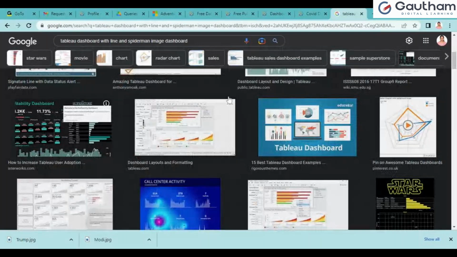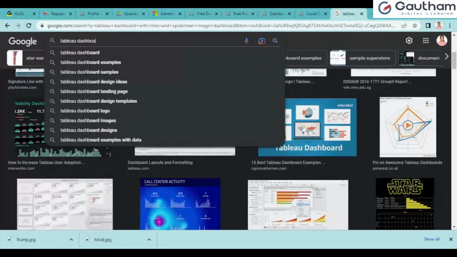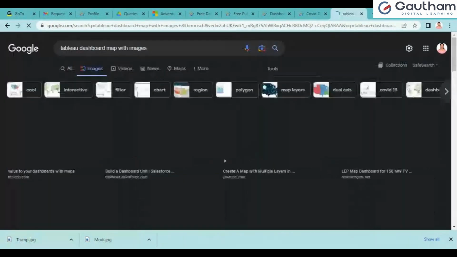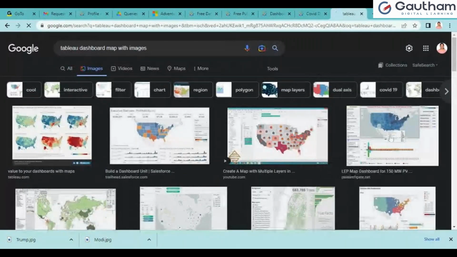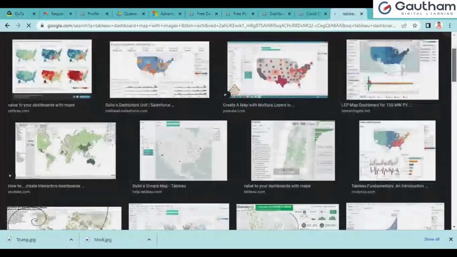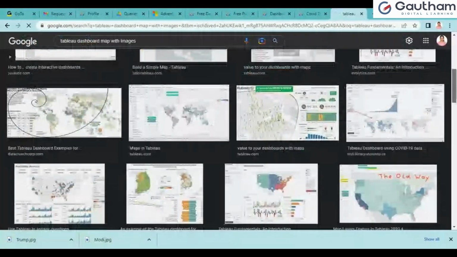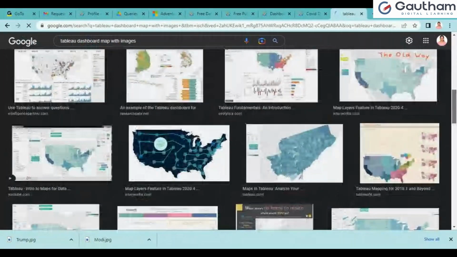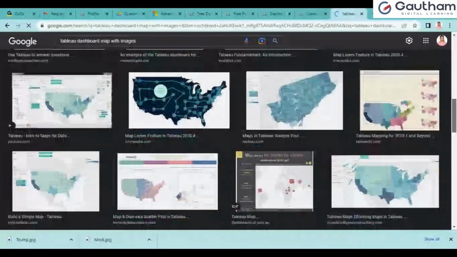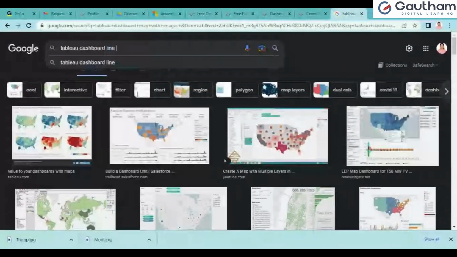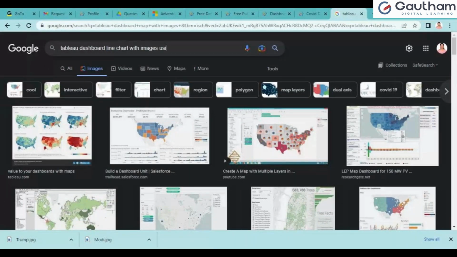Dashboard map with images. What I have done is, by using dual axis and all, they have changed. Let me come down. Does anyone use the images in the map? Line chart with images using dual axis.